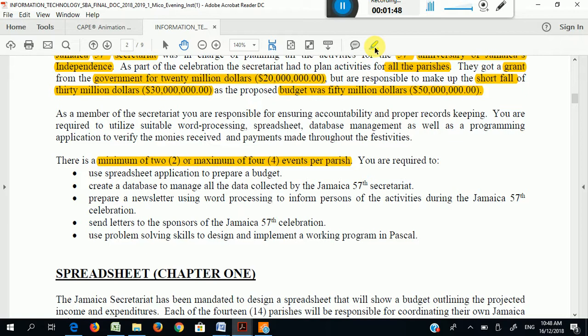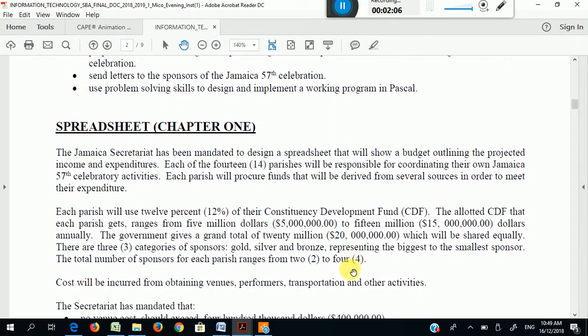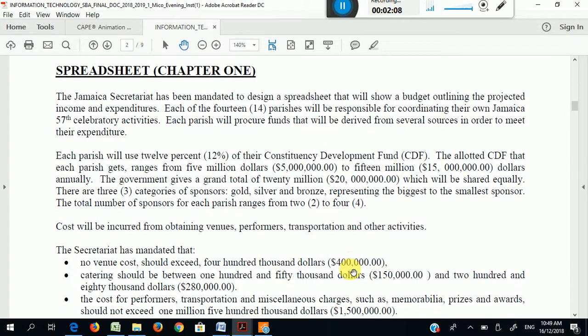You are required to create a database, a spreadsheet application to manage a budget, create a database to manage all data collected, prepare a newsletter for the celebration, send it to the sponsors, use problem-solving skills to implement a workable program in Pascal.